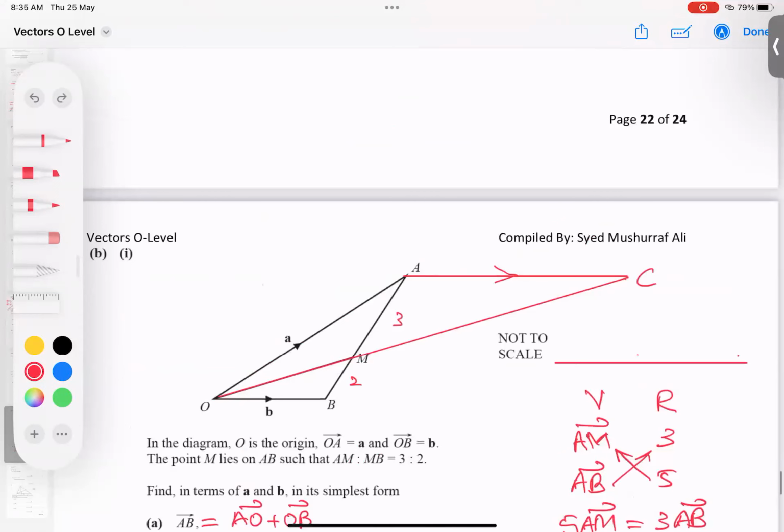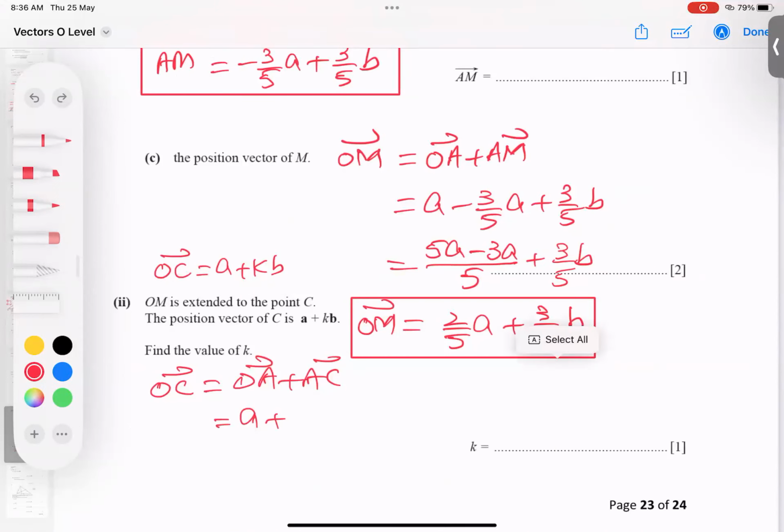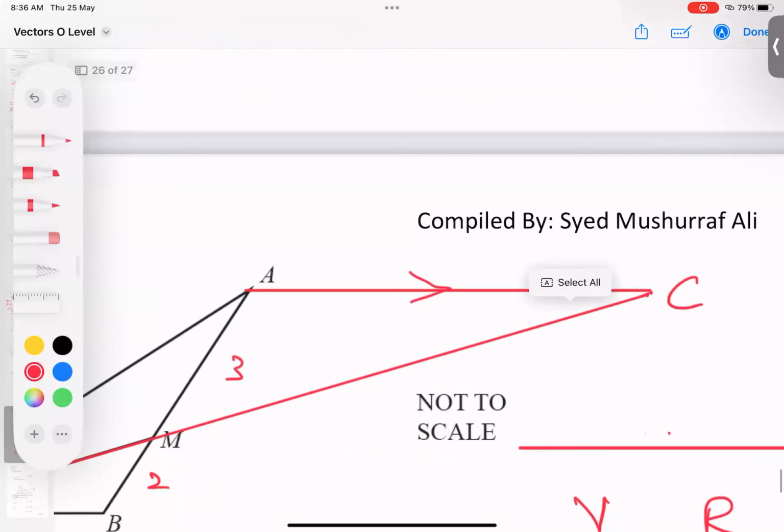How to get the AC vector? Okay, this is A, he has given us KB. Look at here, KB. So it is very clear that OC is given this way. So I am writing directly here KB. So this is very clear. Now,